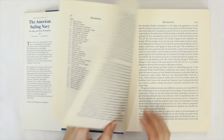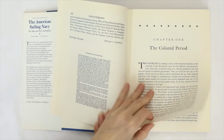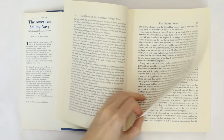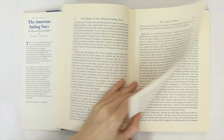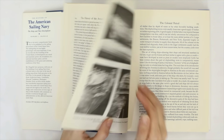Everybody! This is the Ship Modelers Library. Today I will show you a book, The History of the American Sailing Navy, The Ships and Their Development by Howard Irving Chapelle. This is the most comprehensive book ever to be published on the sailing men of war of